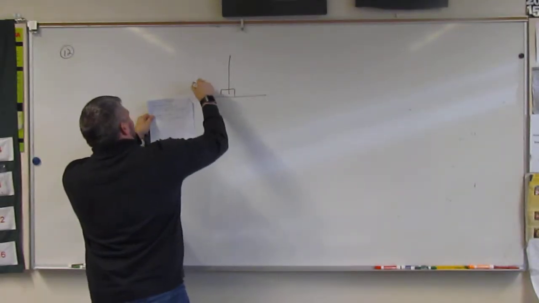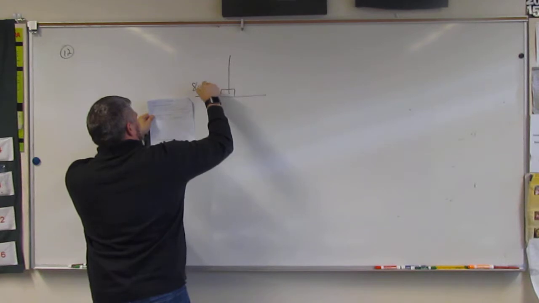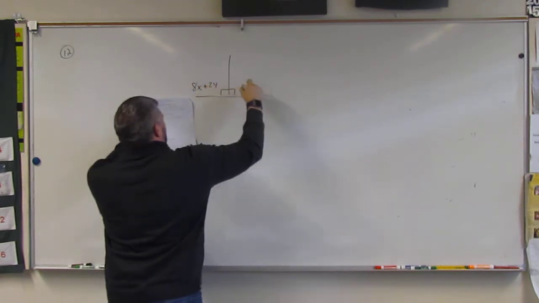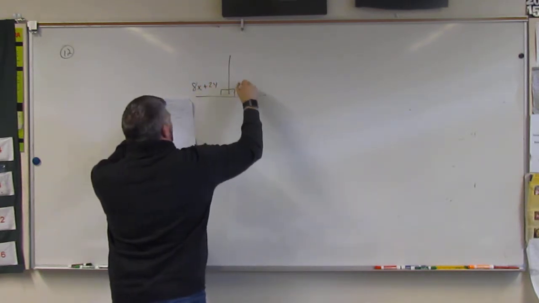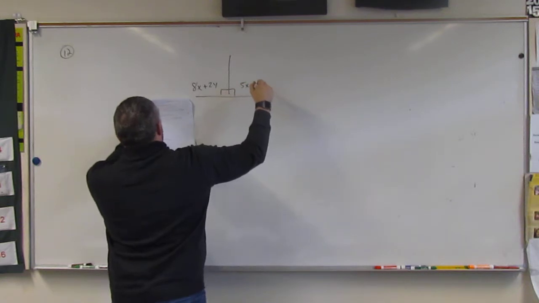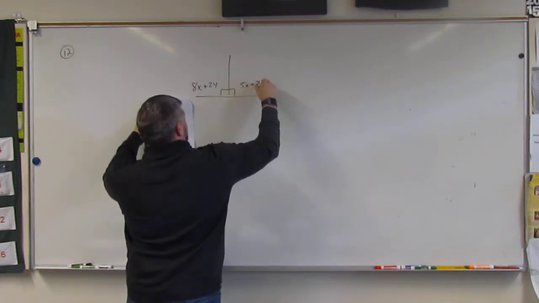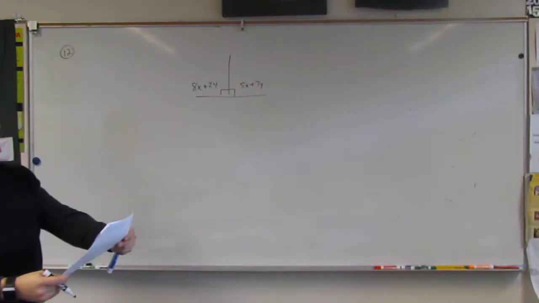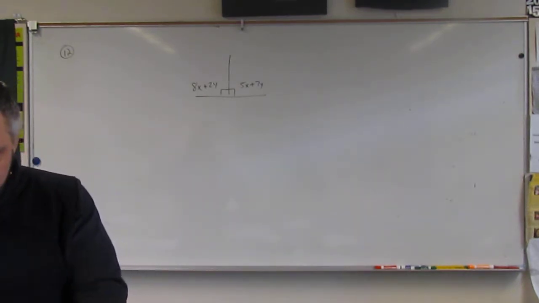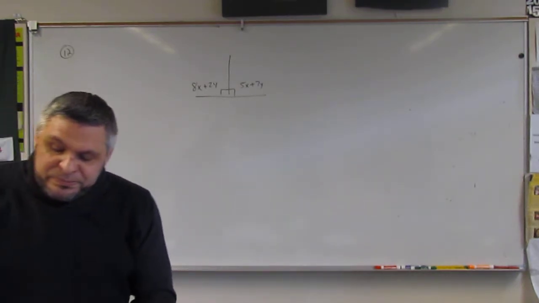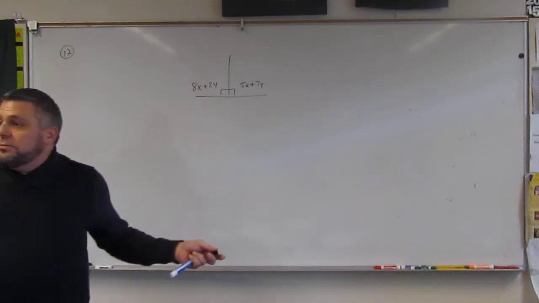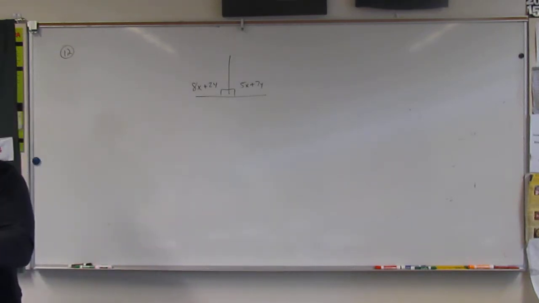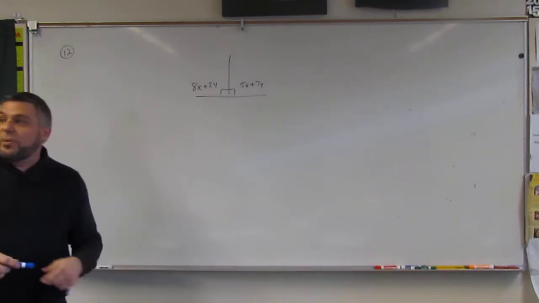And you've got 8x plus 2y, and this side is 5x plus 7y. Is that correct? My eyes are all messed up today. It is correct. Okay. And so what we want to do is figure out what x and y are. So this is that problem where we know